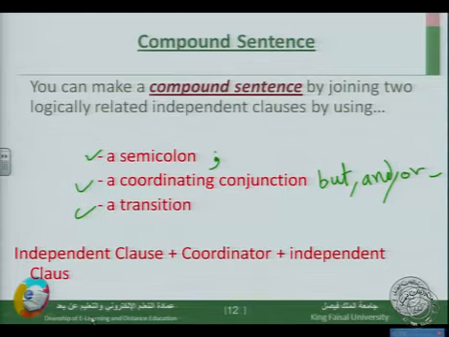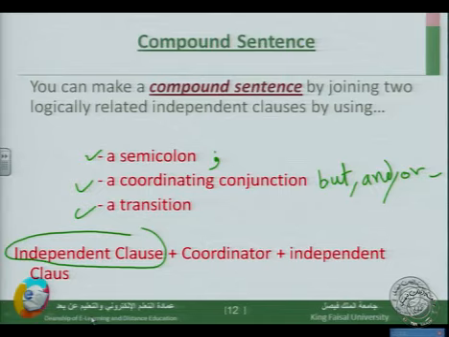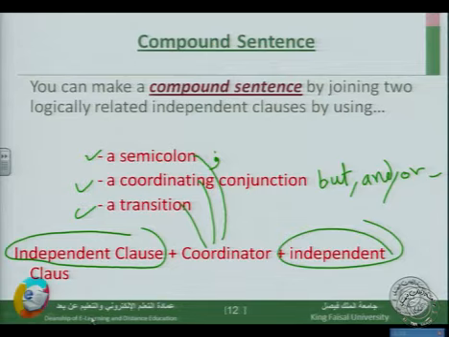So what is the structure of the compound sentence? Independent clause, semicolon or coordinator or transition, then independent clause. Okay,